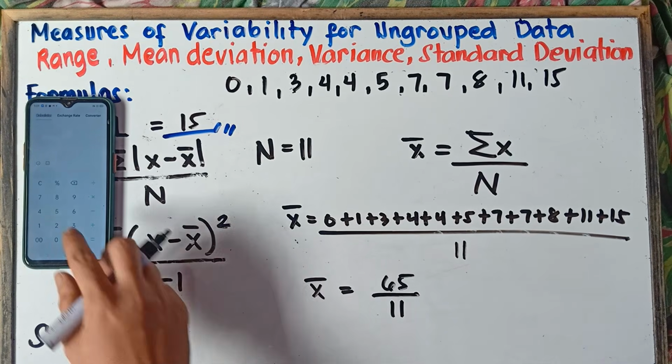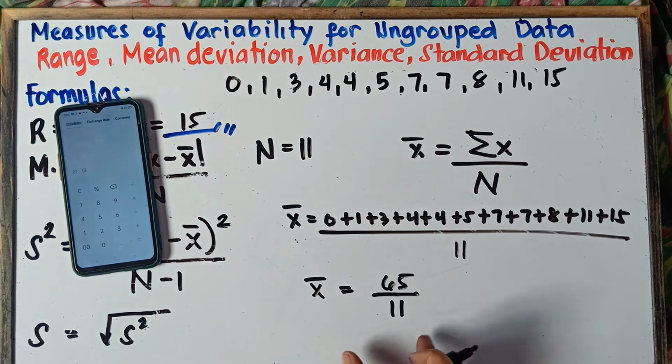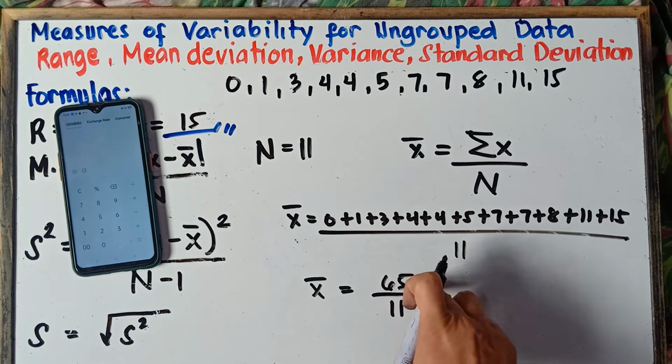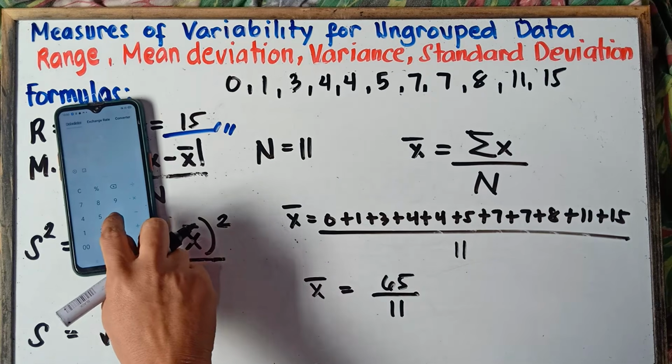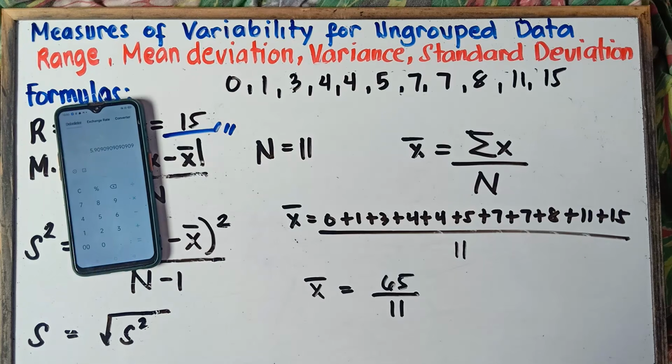Divide by 11, so 65 divided by 11. I hope, class, the teacher in your end will allow you to use a calculator, especially for this one, because your answer is a decimal. It will really take time if you do it manually, dividing 65 by 11. So this will be 65 divided by 11. So the answer, class, is